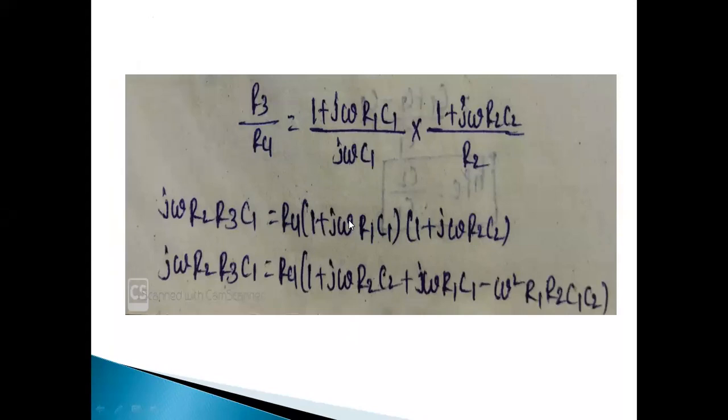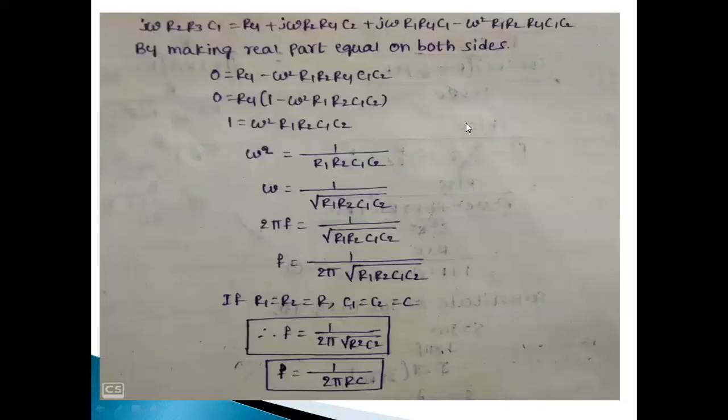that is 1 plus j omega R2 C2 plus j omega R1 C1 plus j omega R1 C1 into j omega R2 C2, j square. J square is minus 1 and omega square R1 R2 C1 C2. Okay. Next. So finally we can get the equation, that is j omega R2 R3 into C1 is equal to R4 plus j omega R2 C2 plus j omega R1 R4 C1 minus omega square R1 R2 R4 C1